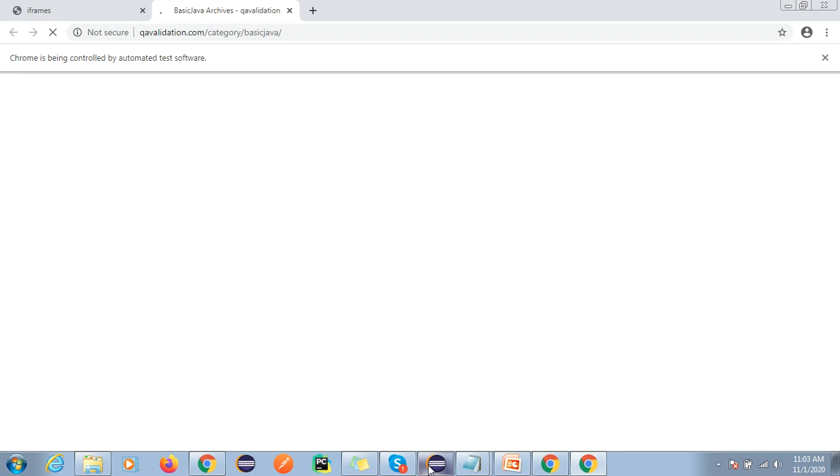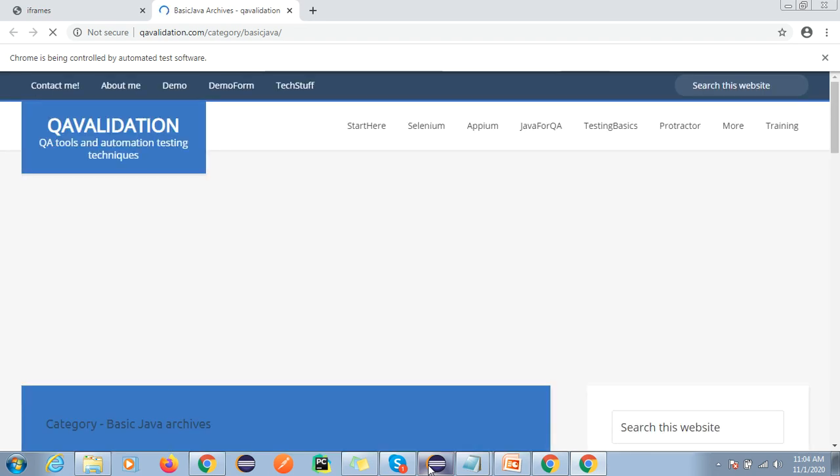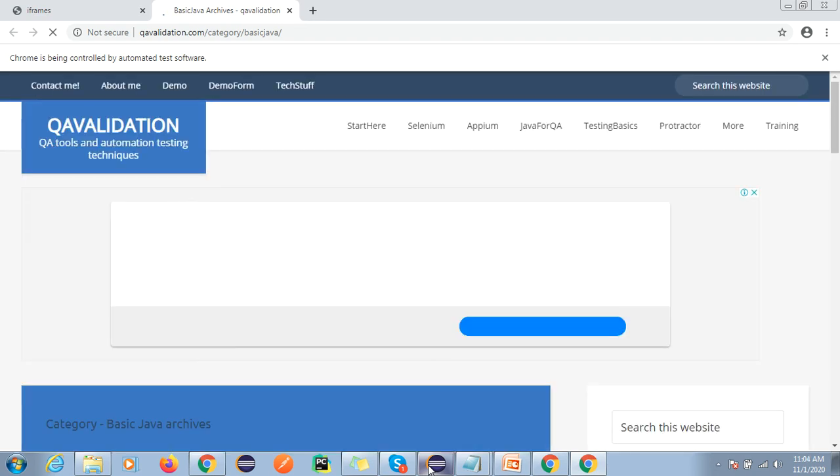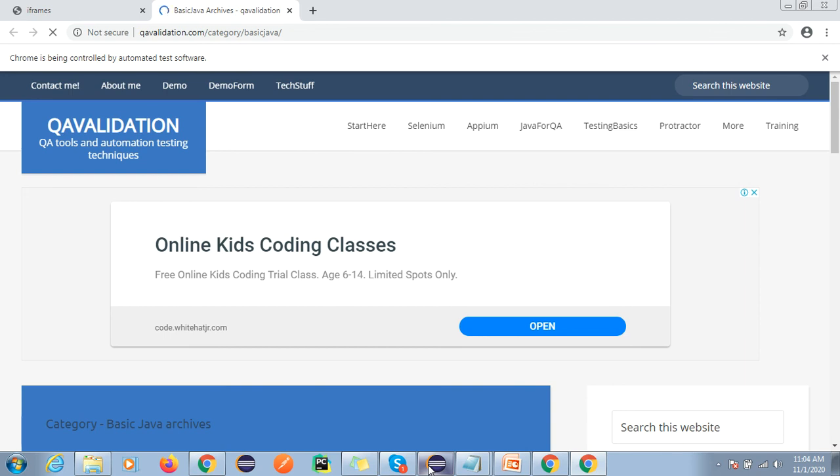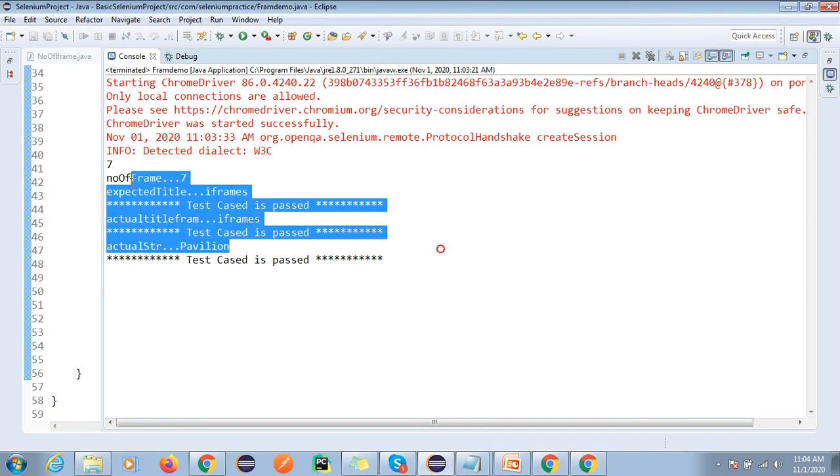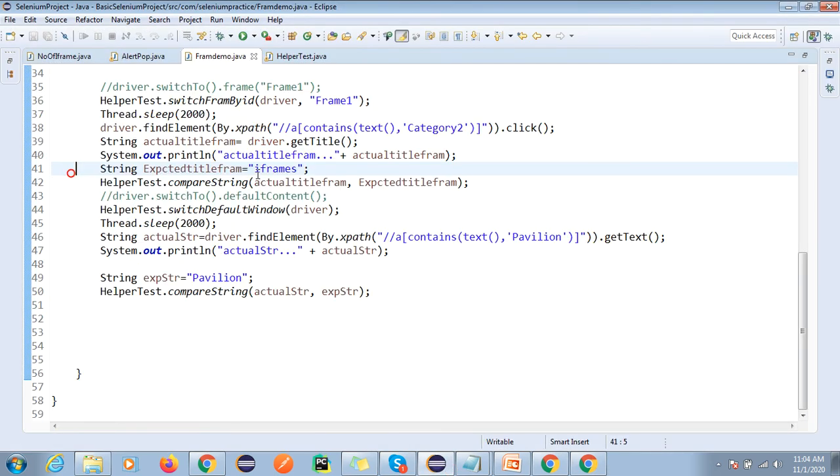I will send you all the code. Just do the practice and revise your previous topics also. Don't forget, right? You have 5 days, which is enough. So do the practice. When we complete your course, you should be ready for your interview. Don't waste your time. Okay, so all the test cases pass. It is working as per expected.